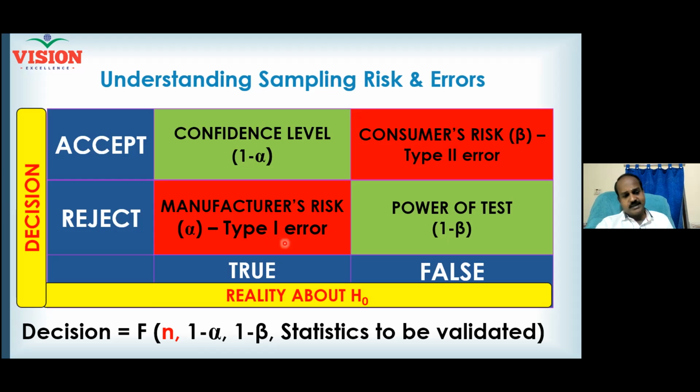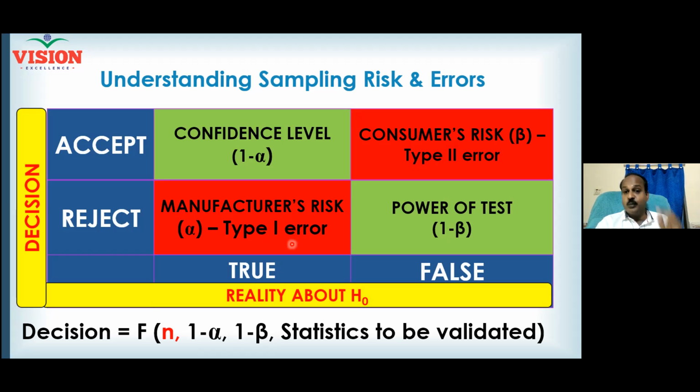Your quality checkers have selected a sample and concluded that the entire lot is bad. The entire lot of products you produced in a particular batch is scrapped because of the sample study. But the reality is all the rest are good, only the samples are bad. So a sample can give you a false alarm. That is called the manufacturer risk, and that is otherwise called type 1 error.